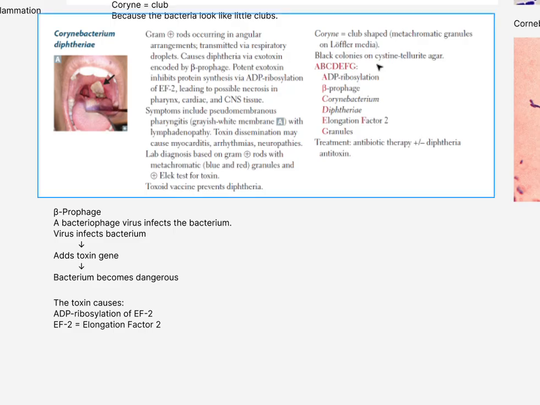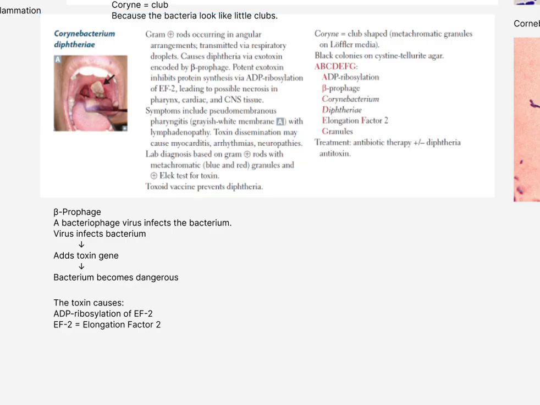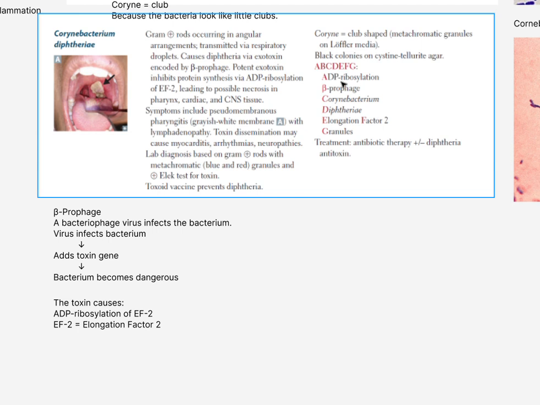So A, B, C, D, E, F, G. It will help you remember. A is for ADP-ribosylation, which happens because of the elongation factor, and basically the protein cannot be synthesized. And B is for the beta prophage, which infects the bacterium and adds the toxin gene. And C is for Corynebacterium, D is for diphtheria, E and F are for elongation factor 2, and G